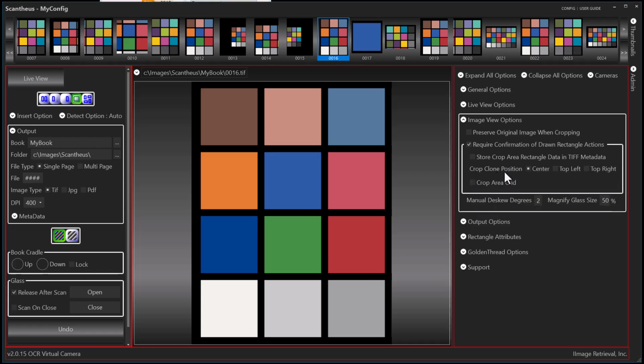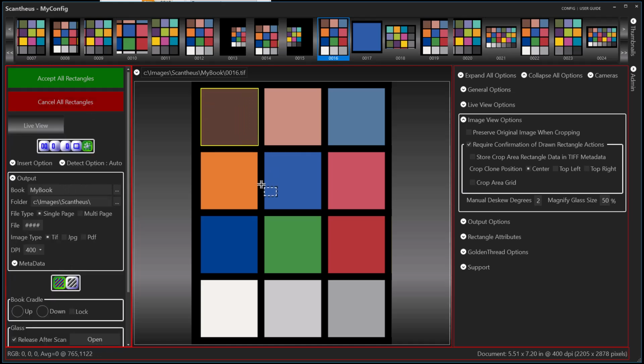Now this crop clone position refers to when you want to make copies of rectangles that you've drawn already and you want to clone them, and it is only applicable to when you are wanting to define multiple frames. So I'm going to create multi-frame mode here. I'm going to draw a rectangle around this first box here. Now I can go ahead and draw another one, or if I